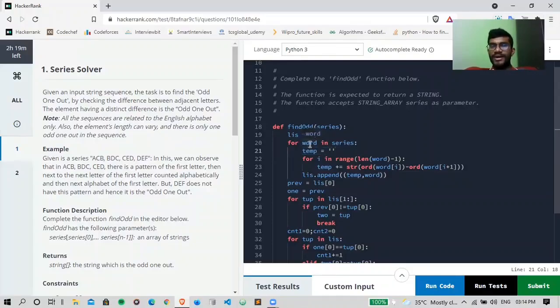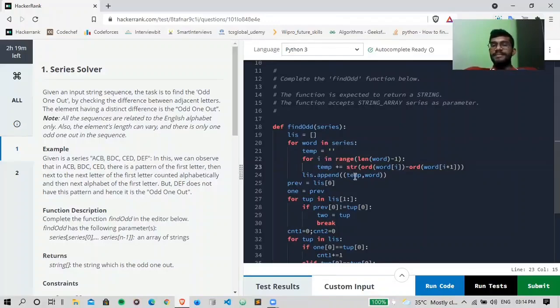I'll loop over every word and find the difference between that word's ASCII values. So ord of word[i] minus ord of word[i+1], the next letter. I'll find that difference and convert it into a string so that I can concatenate it to my empty string. So after the completion of all the letters in that word, I'll